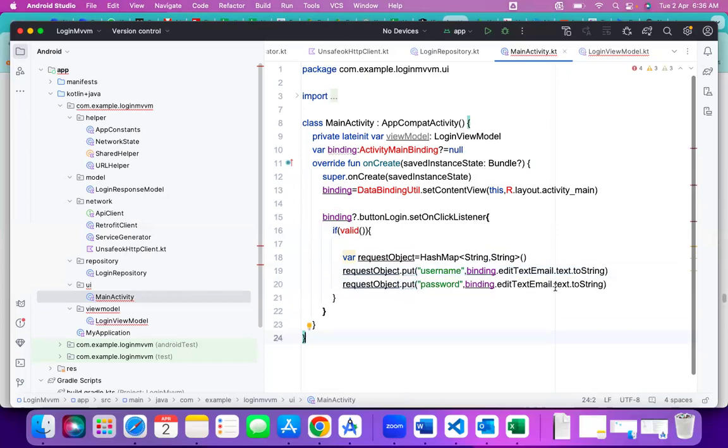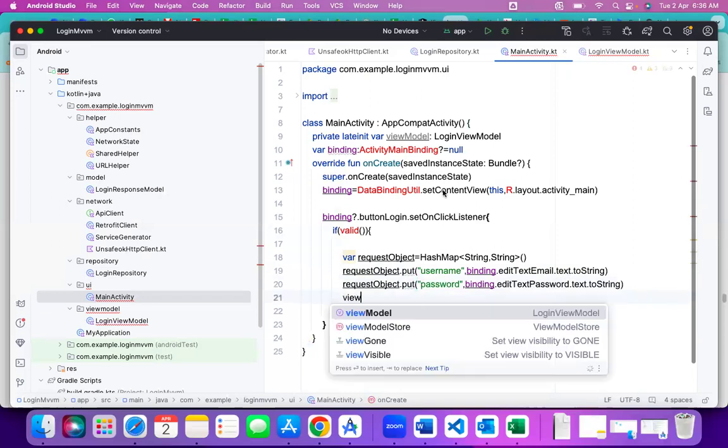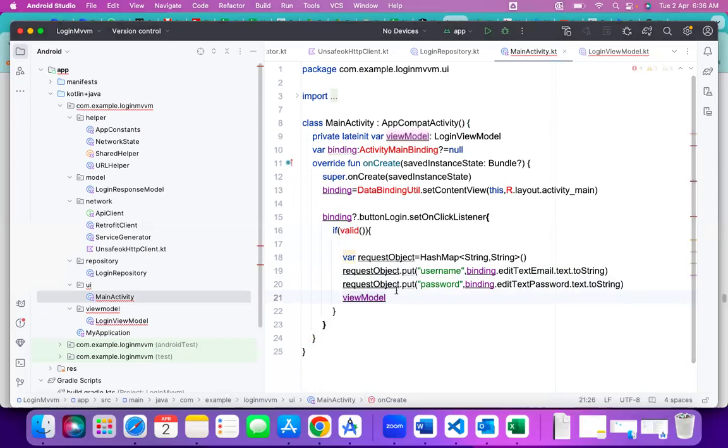So here it is, password. So then these values we used to pass to the view model. So that is view model dot. So this value we used to pass to the view model. So that is view model dot